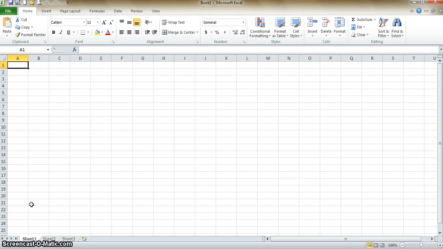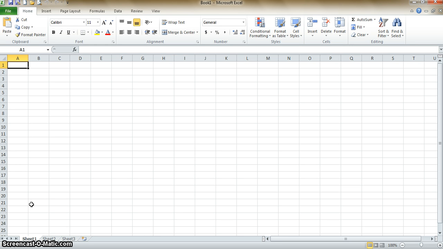Okay, for today's lesson, we are going to be doing an introductory Microsoft Excel lesson called Planet Weights. The objective for today's lesson is to format a spreadsheet, input data, use the multiplication function, and last but not least, create a chart. So the first thing you're going to need to do, which I have already done, is